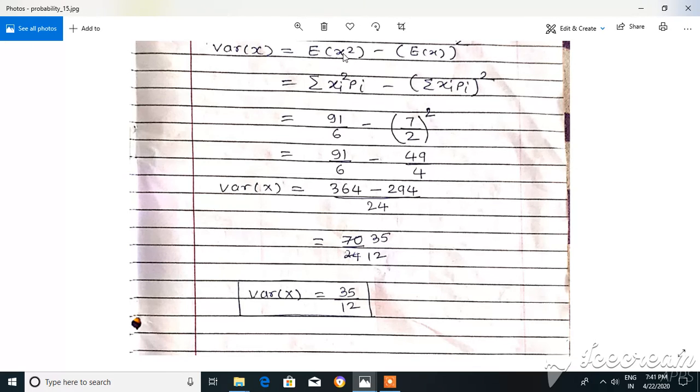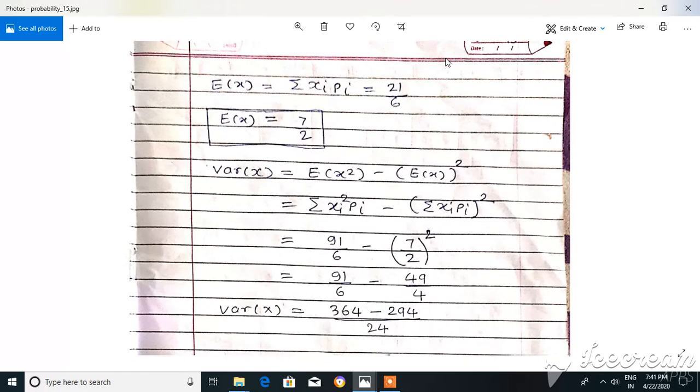So if X is negative, its square will be positive, and if the expected value is negative, again its square will be positive, and this subtraction every time will be greater than or equal to 0. So whenever you are finding variance, always